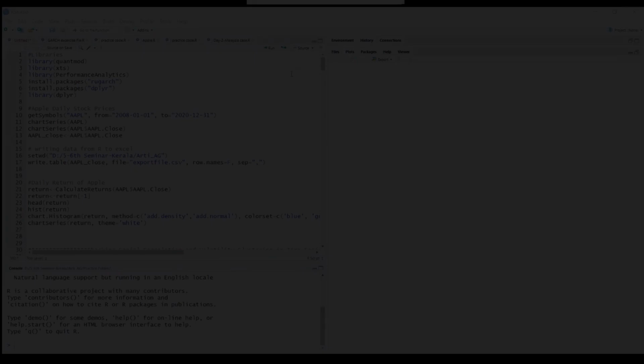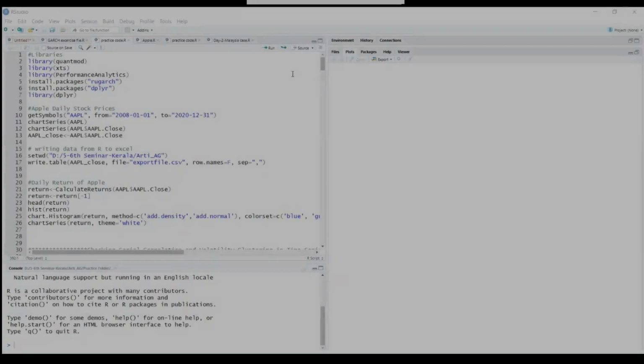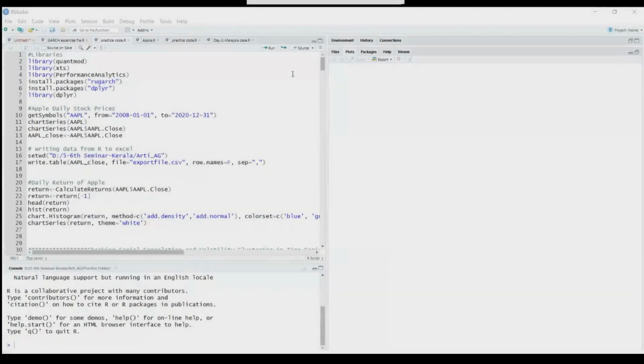So yesterday, as we have discussed, there are some libraries which are listed above, but the library of interest for us is the UGARCH model, for the univariate GARCH model. But there is also a standard library like quantmod, which will help you to access the data directly from websites, web data.